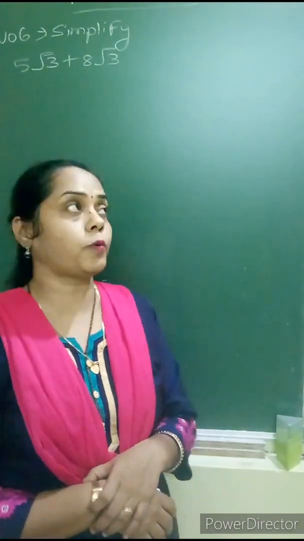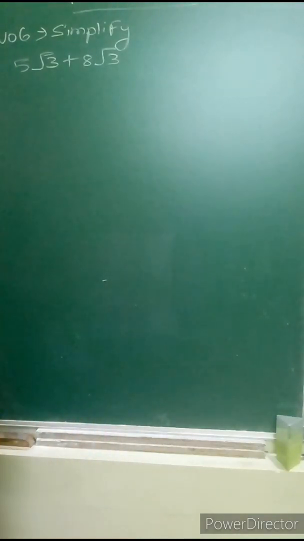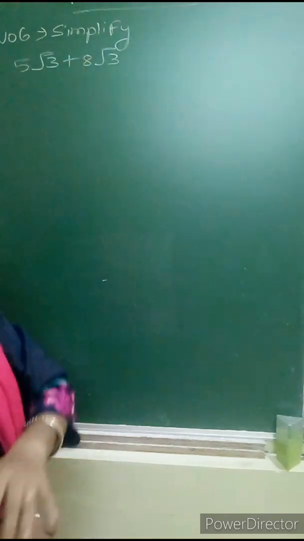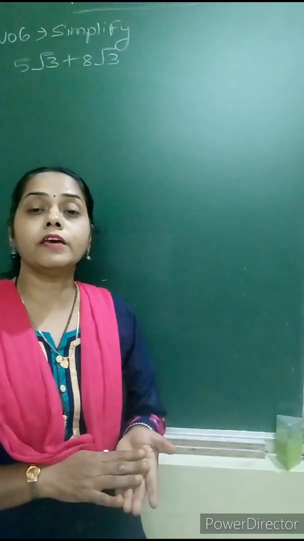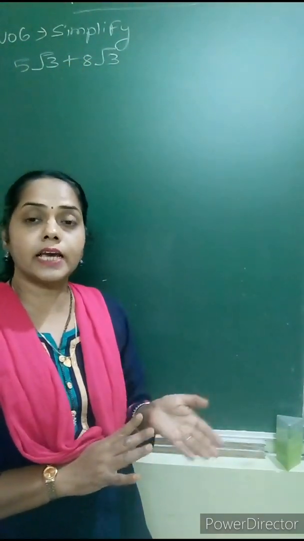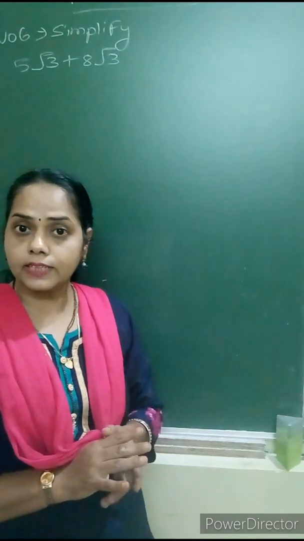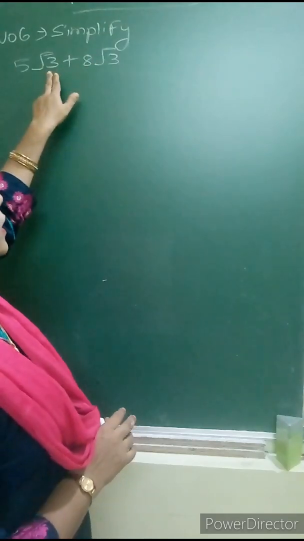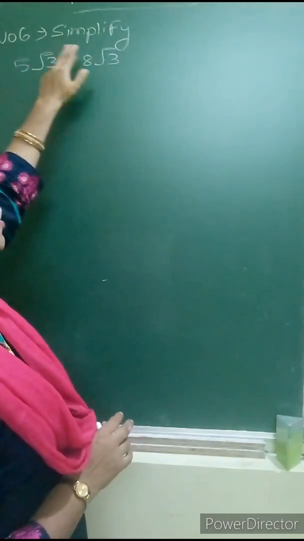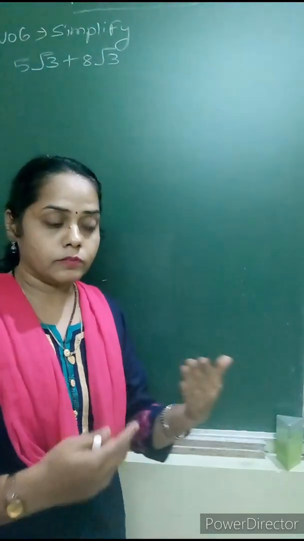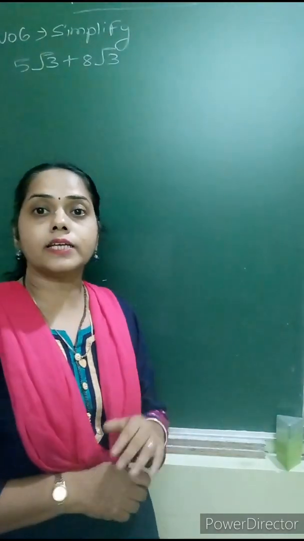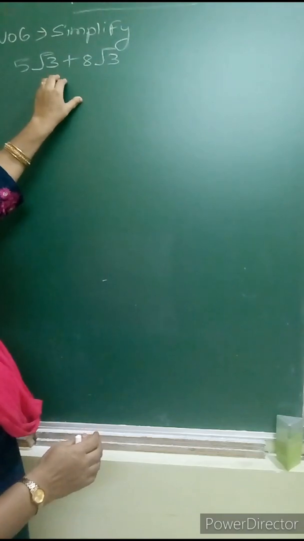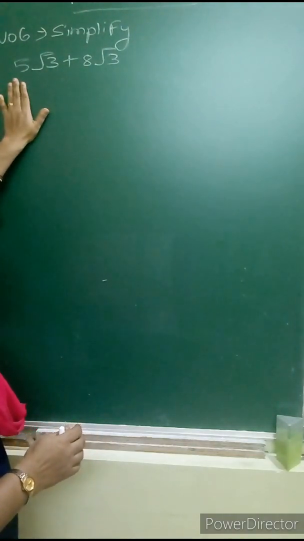in practice set 2.3. The very first sub question given to us is 5 root 3 and 8 root 3. Both the 5 root 3 and the 8 root 3 are like surds. Why? Because both have the same radicand, square root of 3, and the order is also the same. These are actually called mixed surds. Why? Because a part of the radicand has been taken out and placed outside the radical sign.